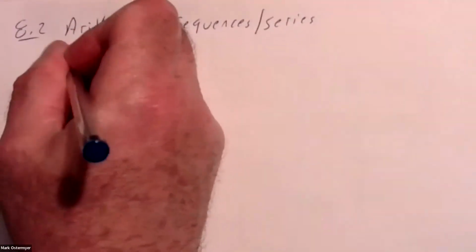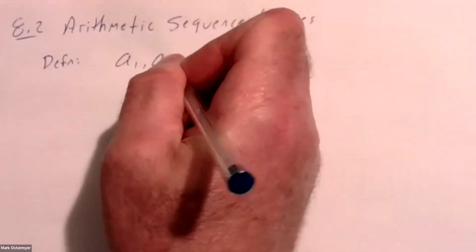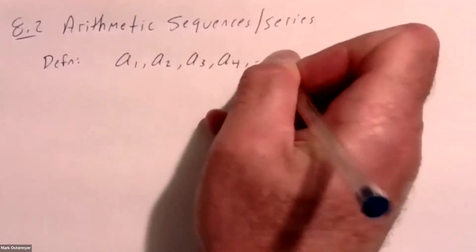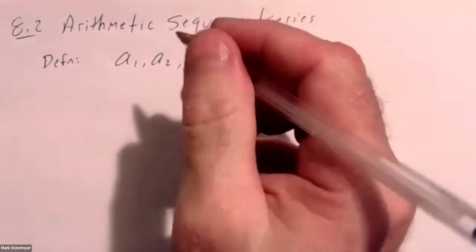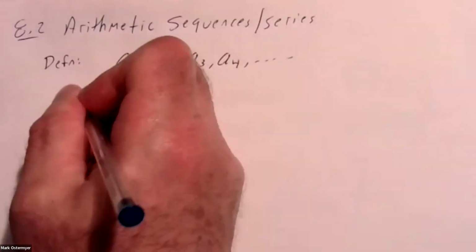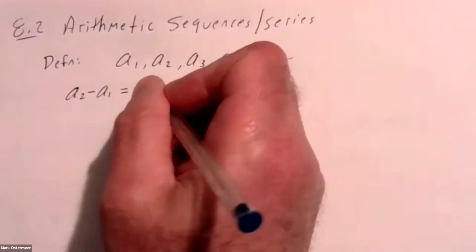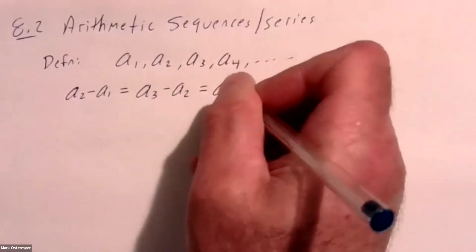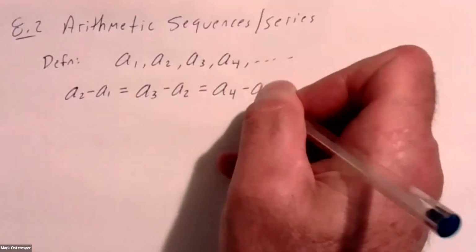All right, so definition of an arithmetic sequence. Suppose we have terms of a sequence like this, such that if you were to take the second term and subtract off the first term, you get the same thing as if you were to take the third term and subtract off the second term, which would be the same thing as subtracting the third term from the fourth term,